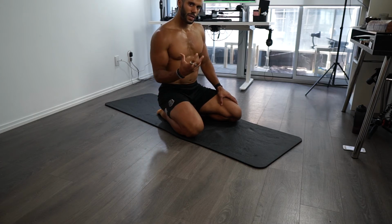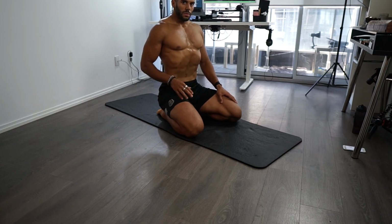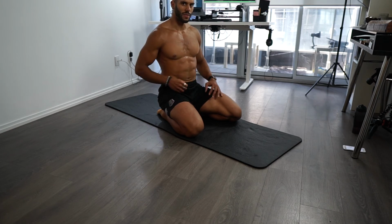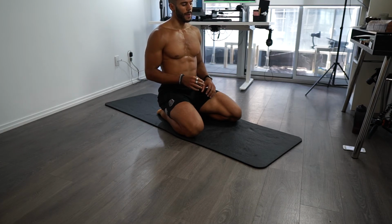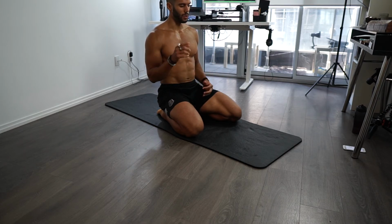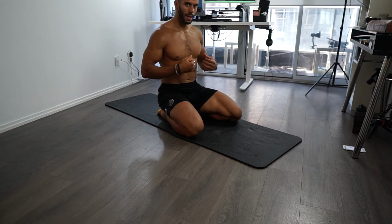So every time you're doing that inhale, try to go a little bit deeper, so you get a little more. Every time you'll feel a better stretch, and you'll even feel your low back being released, kind of dynamically stretching from the front. It's such a great exercise that we tend to forget about. That's why the cat-cow movement is really good, because it allows you to have that bend on your